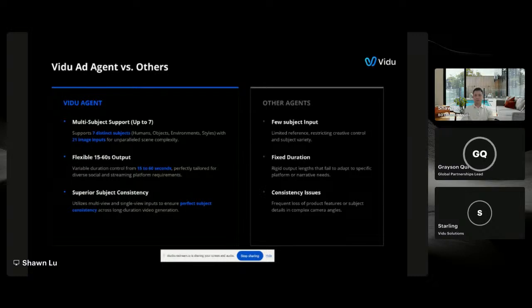Again, in comparison to a lot of our so-called competitors out there, they are a lot more restrained and a lot more fixed. And rest assured, right? The fact of this tool is that we're still in the nascent part of the technology. We are continually seeking out better ways to improve our ad agents to make it even more robust. So that is also one of the approaches that we are doing.